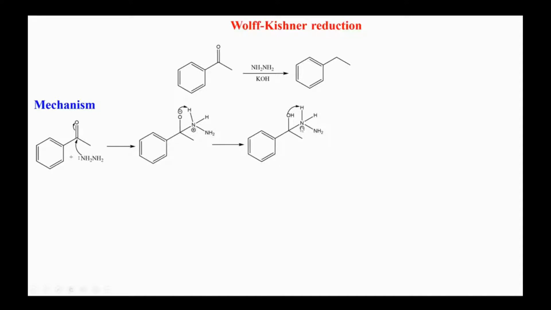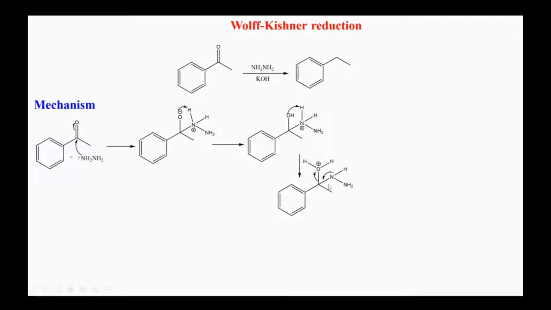In the next step, protonation takes place again, because this oxygen is more basic, and it picks a proton from this nitrogen-bound hydrogen, and then you have water, H2O or OH2. Now this becomes a good leaving group. The lone pair of this nitrogen reverts back and makes a double bond here, and this bond breaks. Why does this bond break? Because water is a good leaving group, because it's stable.